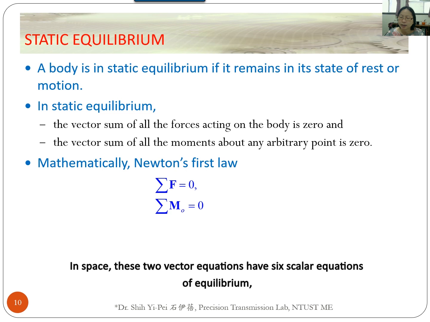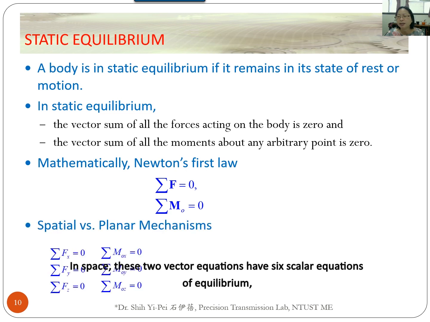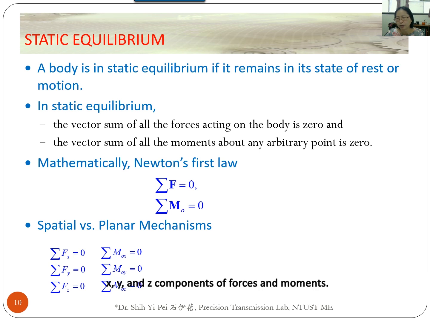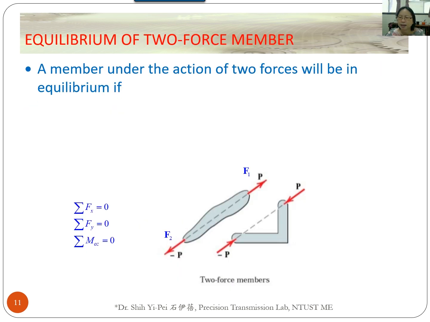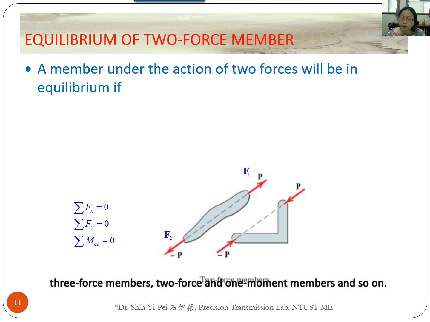In space, these two vector equations give 6 scalar equations of equilibrium: the x, y, and z components of the force and moments. However, in this lesson, we are only concerned with planar mechanisms, so we will have 3 scalar equations: the x, y components of the force, and the z component of the moment. In mechanisms, there are 2 force members, 3 force members, 2 force and 1 moment members, and so on. This figure describes the 2 force member in